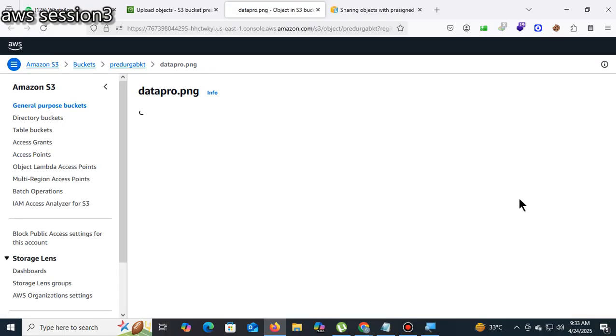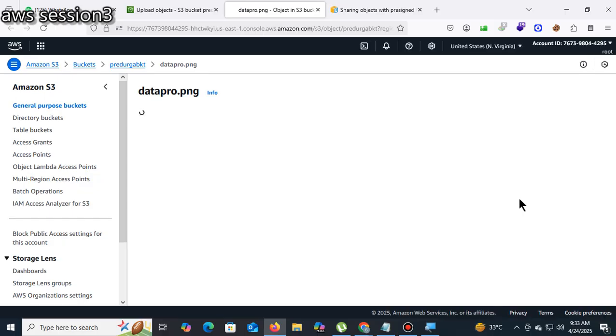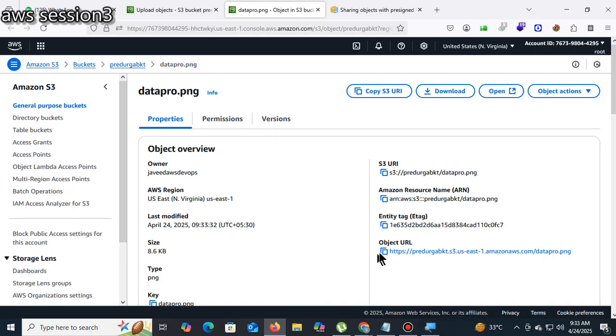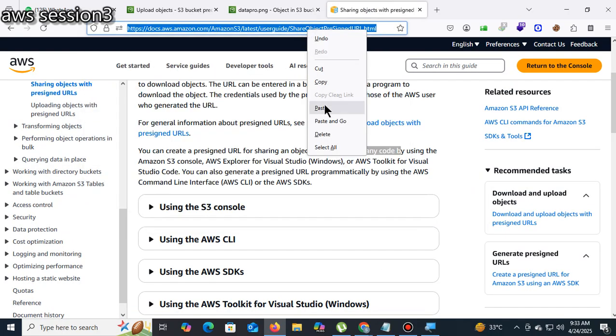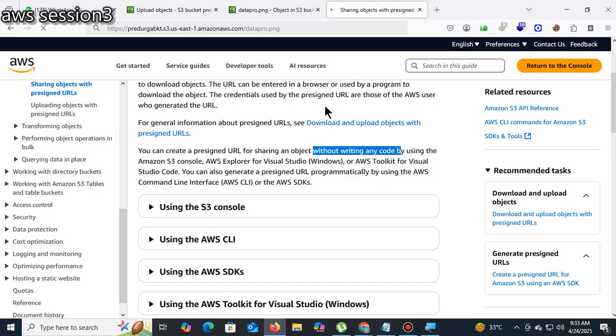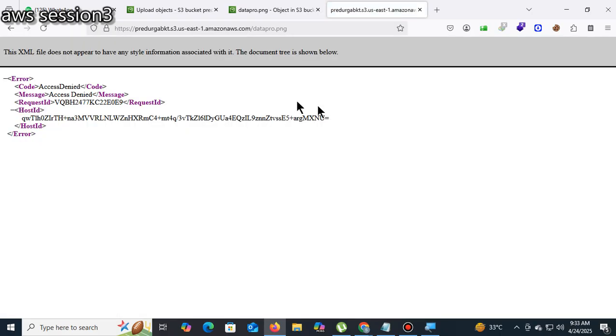How will I access the object? To access the object, it has an endpoint, isn't it? Yes. I go to the object URL and paste it here. What happens? You don't have permission, because the object is in private mode.